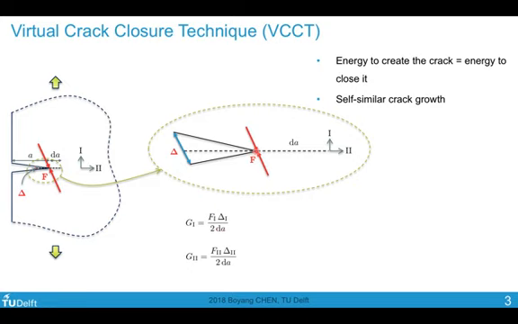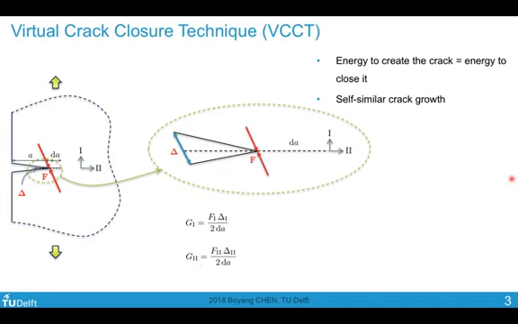Because this is an elastic unloading, you can consider the opening up as elastic unloading, and F changes linearly from F1 to 0 when it's opened up. And you divide this by dA, which is the area of your crack. We assume that through the thickness, we have a unit thickness, which is the thickness of 1. So this is the energy release rate along the mode 1 direction. Similarly, we have the energy release rate along the mode 2 direction.